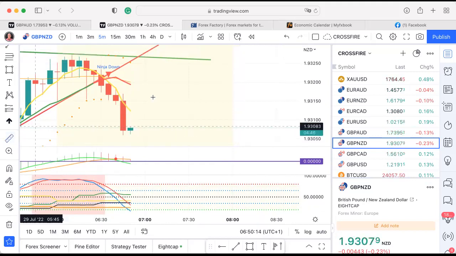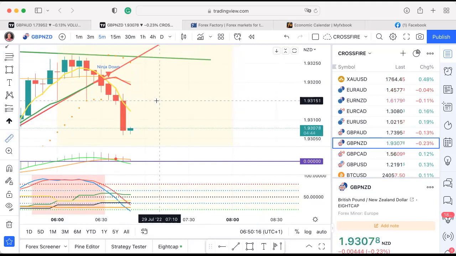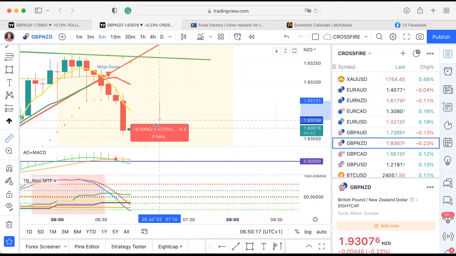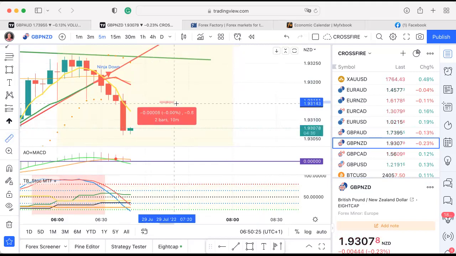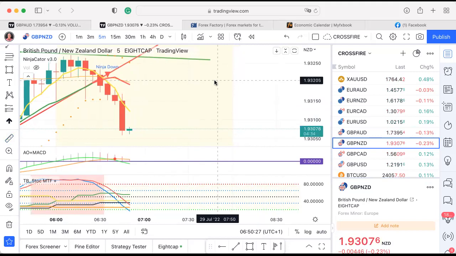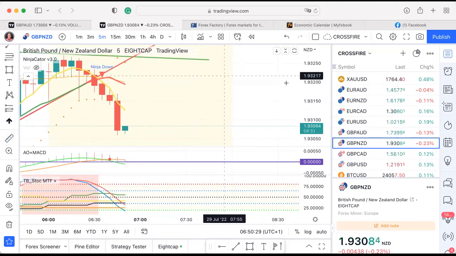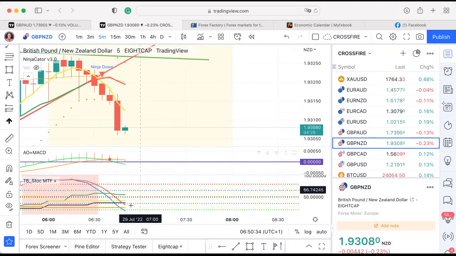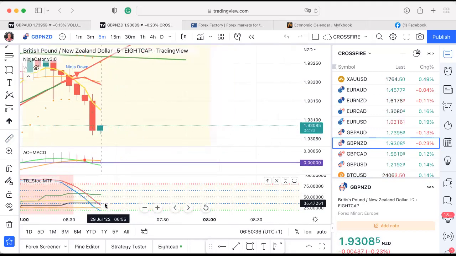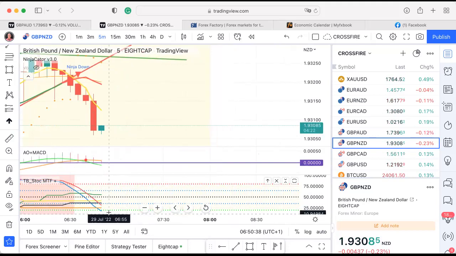So, as I say, I think I just measured that, but I think there was 7 or 8 pips in there. Yeah, you could have got 8 out of that. And looking at that 5 stochastic there, it's just gone below the green, so it could well be going back up again.